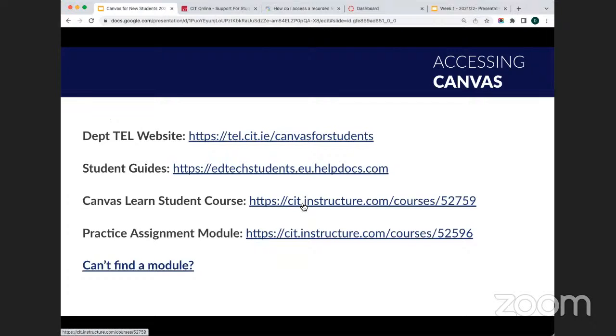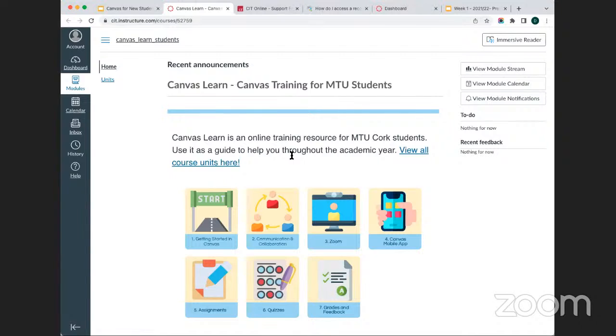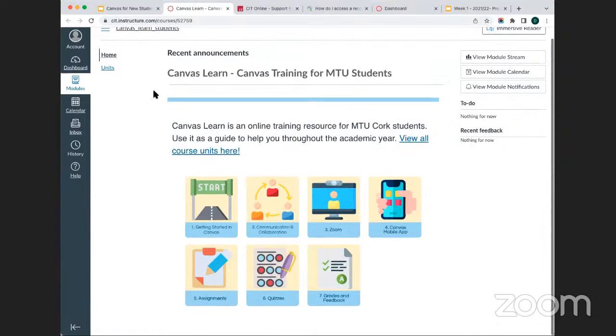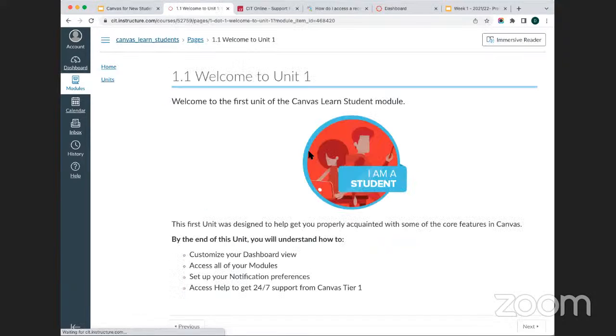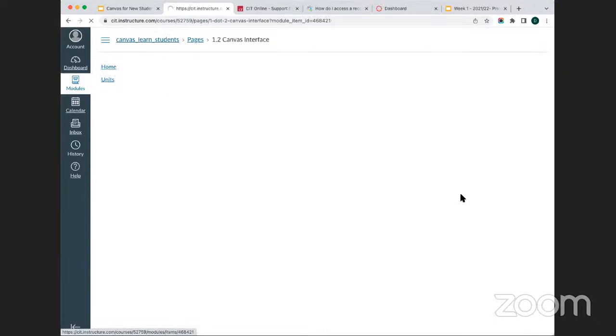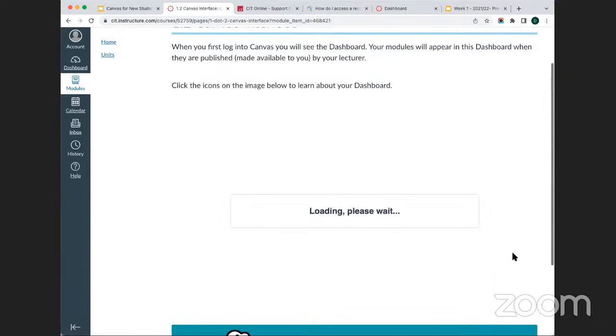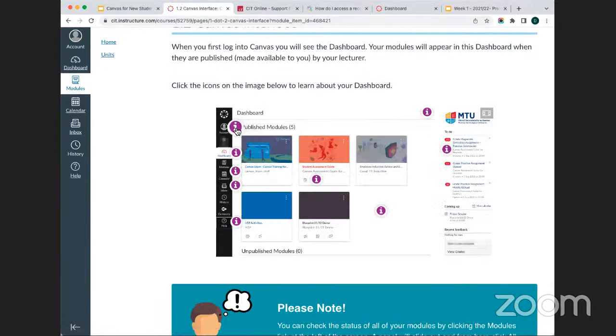We also have made available within Canvas this Canvas Learn student course, and all students are automatically enrolled in that. So that Canvas Learn course is basically just a walkthrough of all the different features in Canvas, all the different tools. So that might well be worth a run through. If you're not sure about how to do anything in Canvas, it just provides a very good overview of what Canvas is, all the different features,